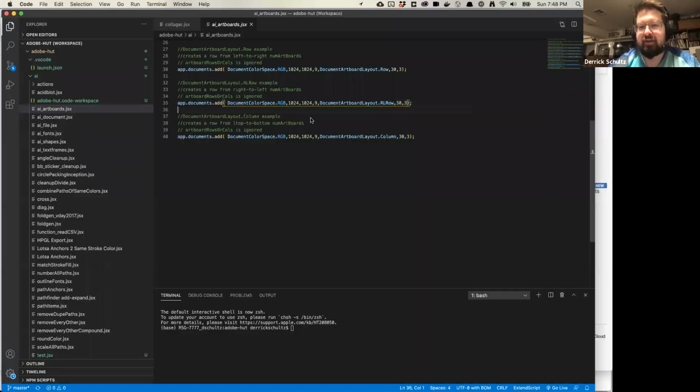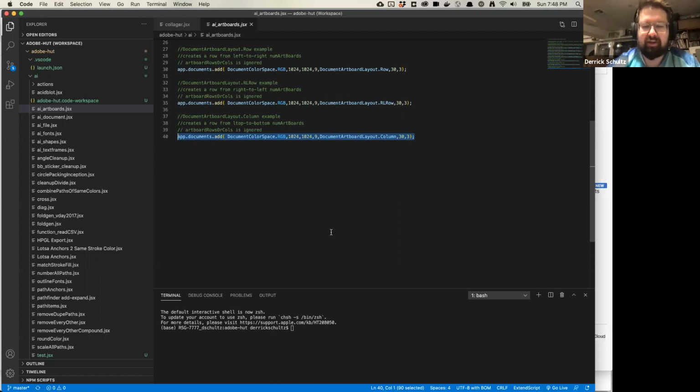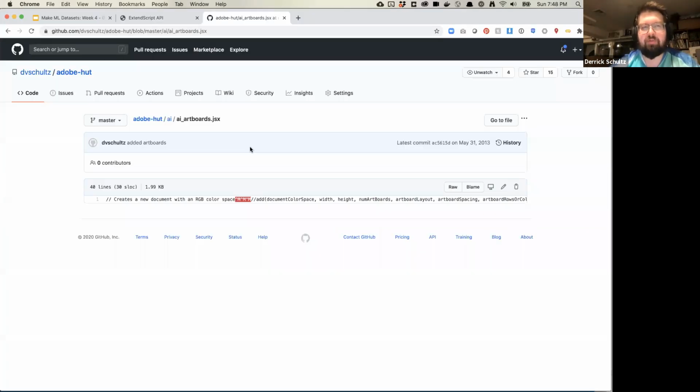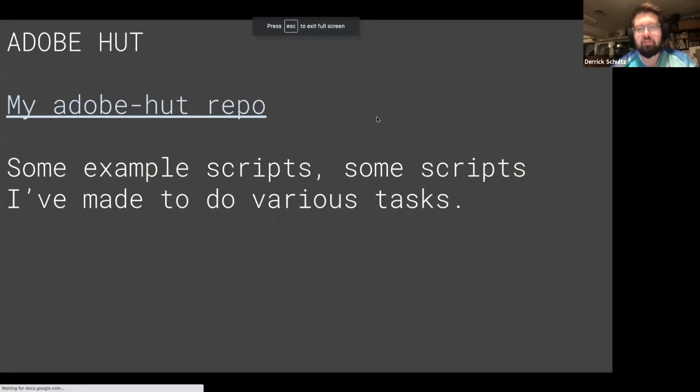So this is the challenge: you kind of have to decipher what some of these things mean. When I wrote this code, I knew what it meant. When I looked at it again last week, after two years, I had no idea what it meant, and I had to go in and try to figure it out again. I did figure it out, and I'll show you some of the things I've learned about that. But essentially, this exists. A lot of times what you'll do is look for other examples, try to decipher how those examples work, and then apply it to your own work. So just be aware of that. It is a little bit of a challenge.